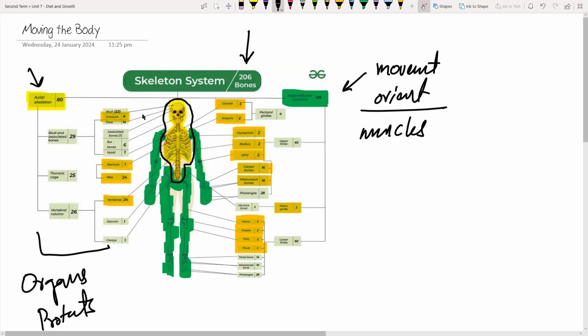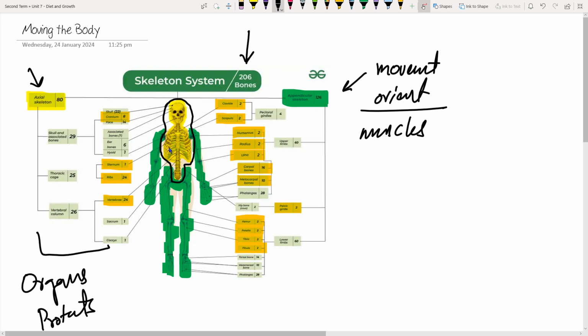So if we talk about the cranium, which is the skull, the cranium has 8 bones. The skull in total has 22. Your cranium, the top part of the skull, contains 8 bones. The face has 14 bones, making up 22. Then we have the associated bones, which are the ear bones and the hyoid, 7 of these, and then we have